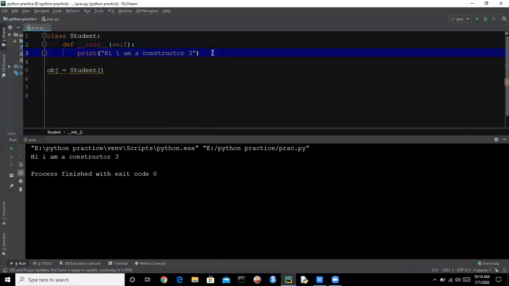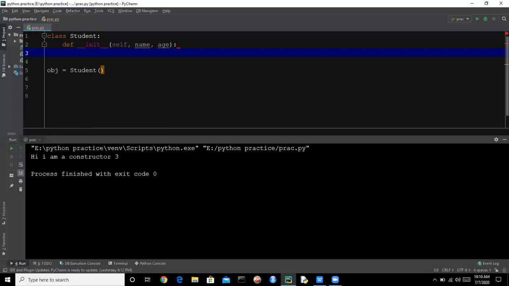So now we have created this. Let's say we are having a student name and student age. So we are having two parameters, student age and student name.